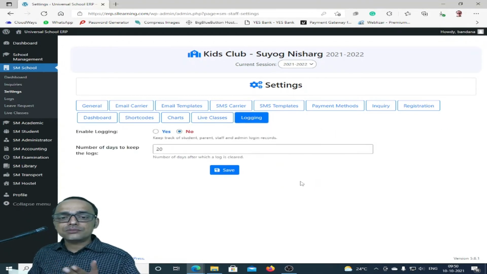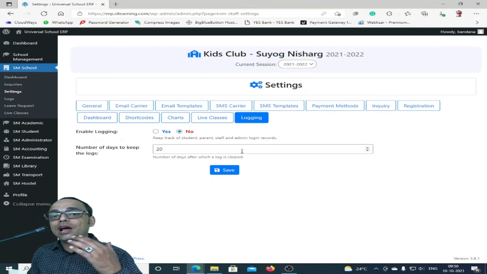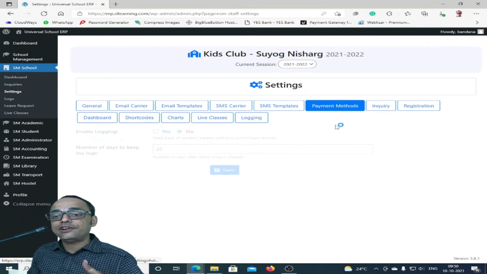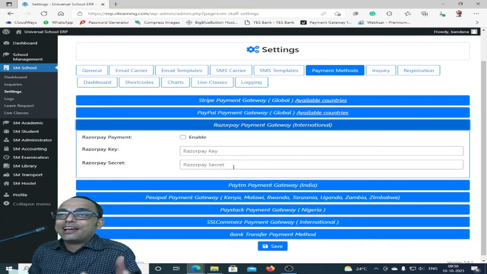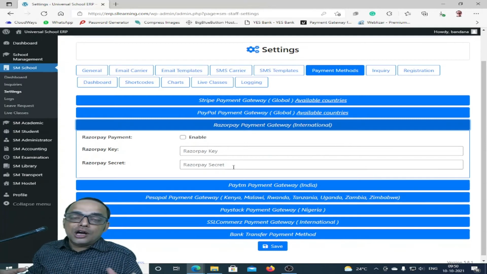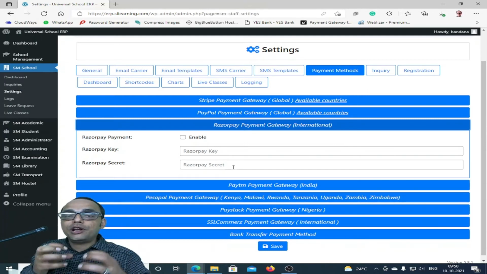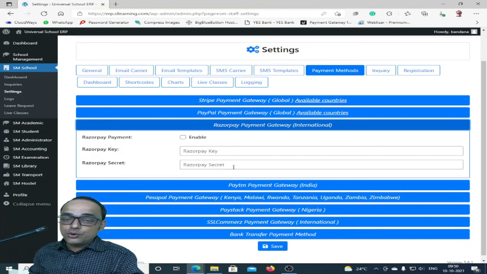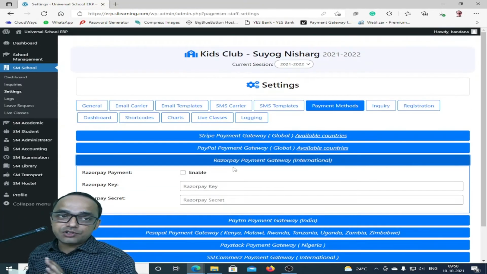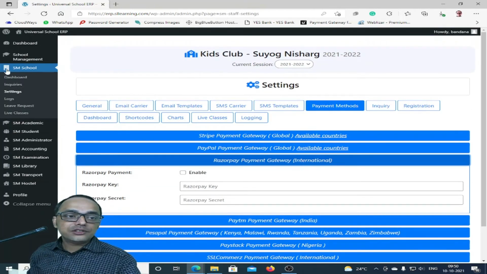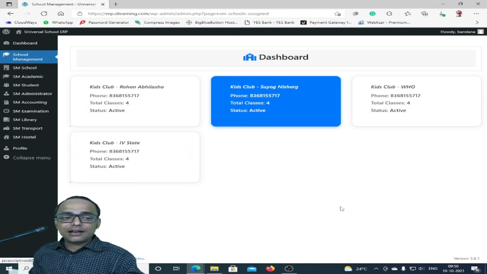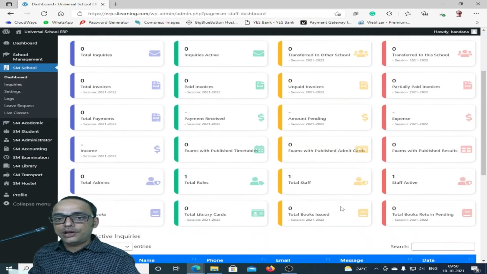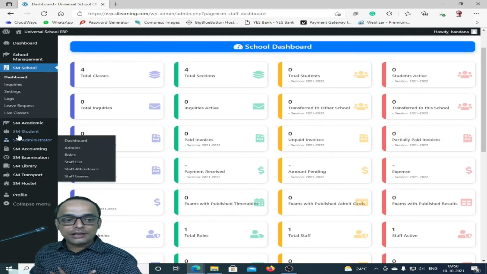Okay, and then comes enable logging in or not, or whatever. So you see, every school has its own. What I'm saying is, every school can have its own payment mechanism. Every school can have a different bank account. Every school's money will go to that account. We are not involved here. We are just offering you this school ERP, and this school ERP is a tool wherein at a single place you can access all of your schools and see what is happening.